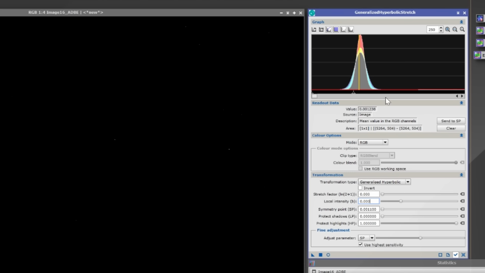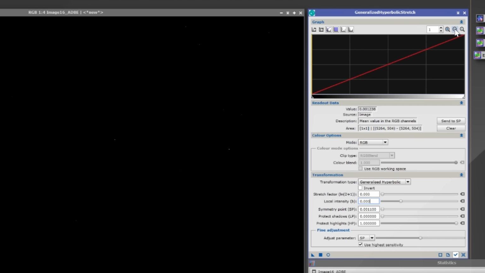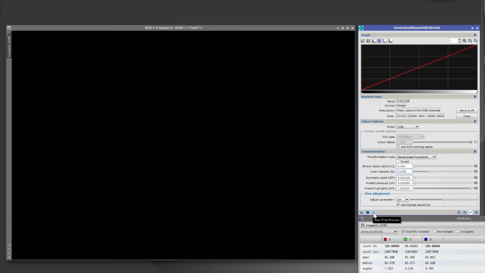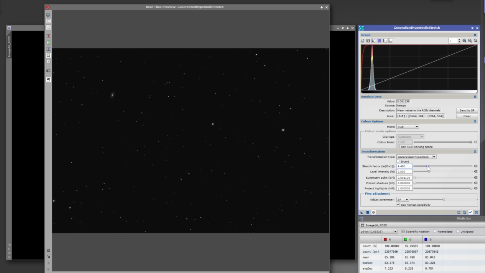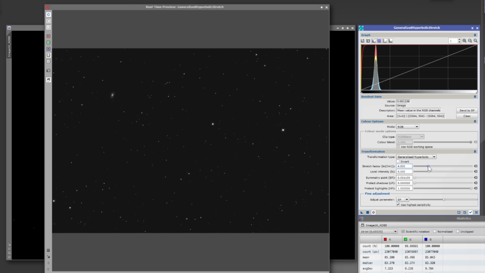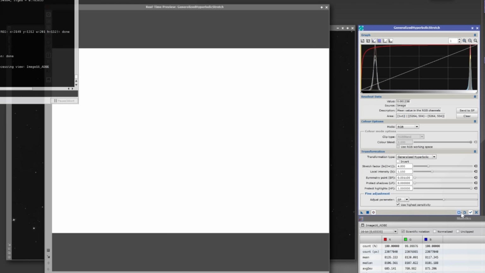The next thing we want to do is over in the top right, click the minus sign. This is going to allow us to see what we're doing with the curve. Next, we'll open up a preview with the little circle, and we'll grab our stretch factor on the bottom half of GHS, grab the slider and pull it right. Here, we can see our image coming to life. I'm going to grab local intensity and drag it just a little bit. And I like the way that's looking. So what I'm going to do, just for the sake of this video, is accept that stretch, reset GHS,